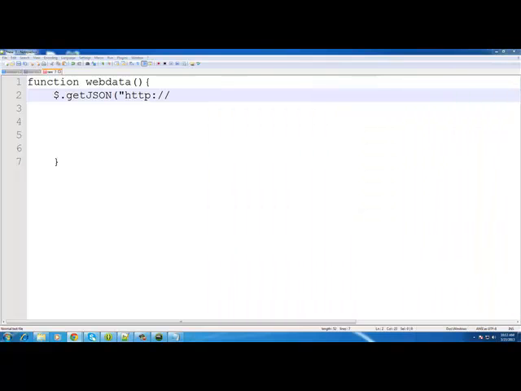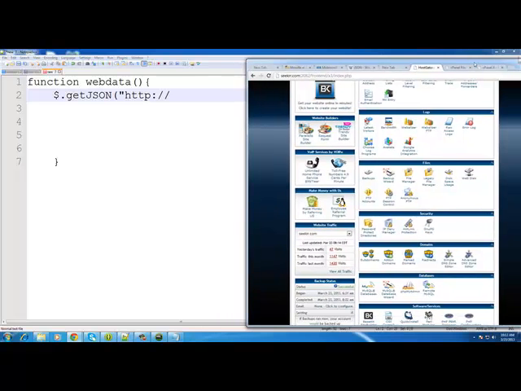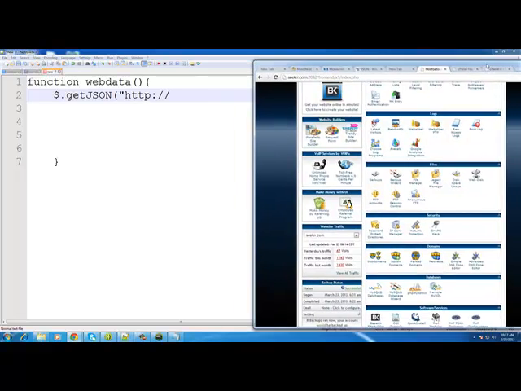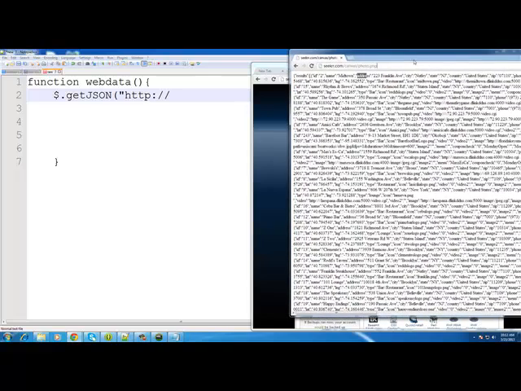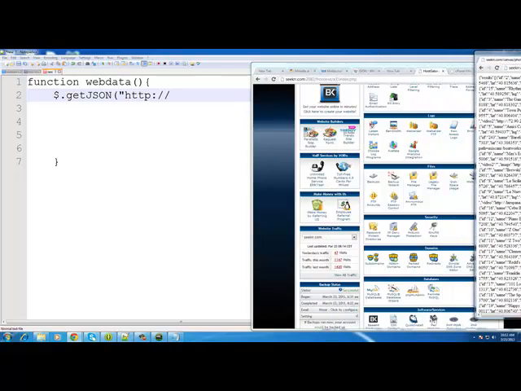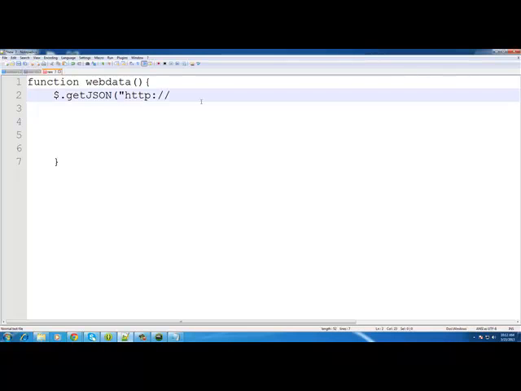Obviously, I'm not going to make you make a database with all that stuff. It's a little bit out of the scope of the class, but there's readily available web services like Google, Yahoo, weather.com, and a bunch of free services where you could get data in that format, or even YouTube, and bring it into your application. So take a look, okay, and we are going to type in http://seeker.com/canvas/photo.php,